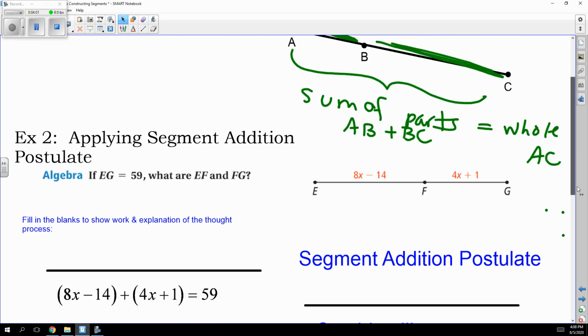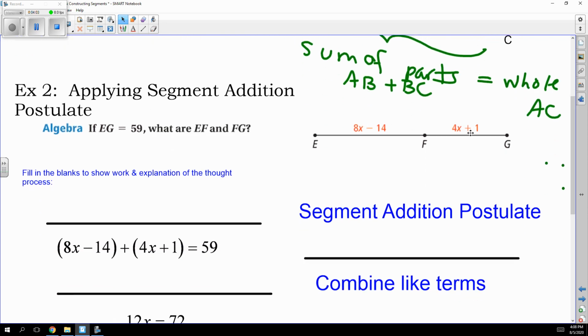You've got a picture here with segment EG split up into 2 smaller segments, segment EF and segment FG. Notice that all 3 points are on the same line segment, and you have some information about the length of EF and some information about the length of FG, but these are algebraic expressions. They're not solid numbers, and we want to talk about taking information that's off on the side of the problem,